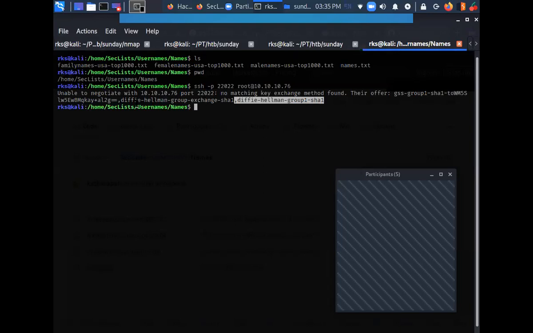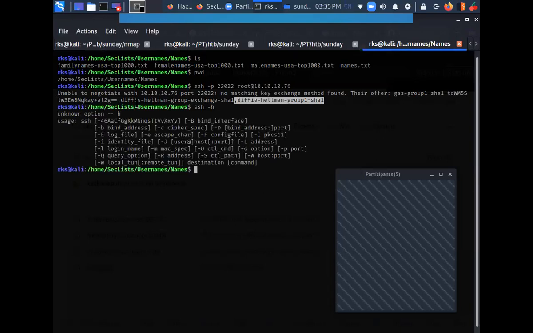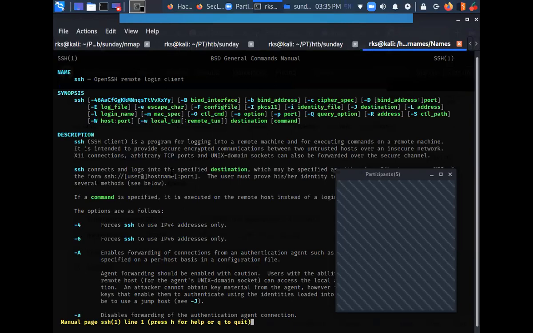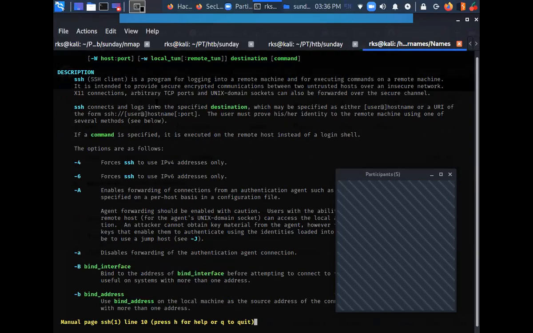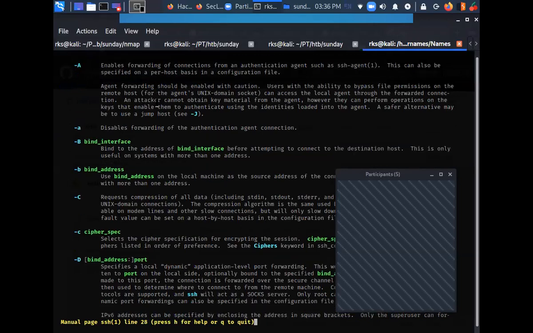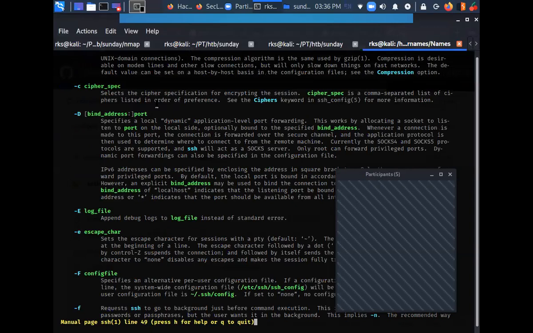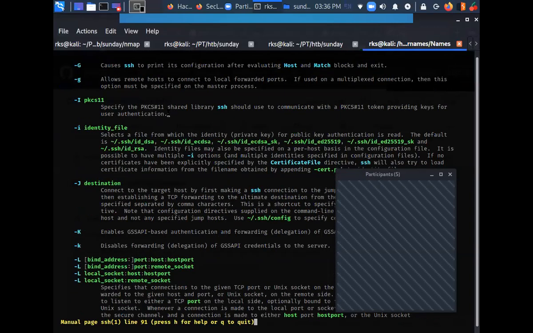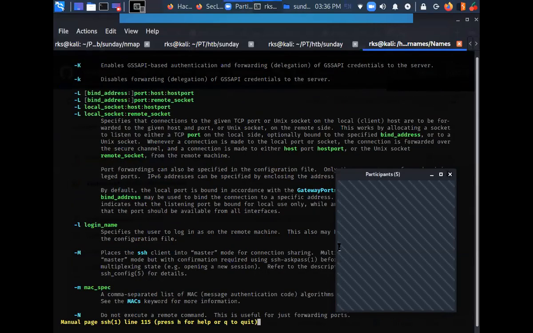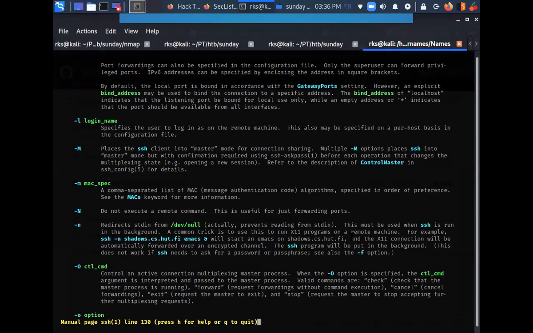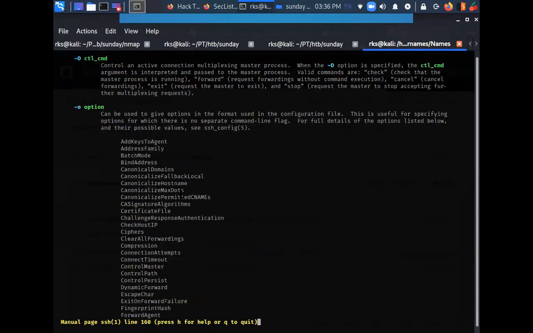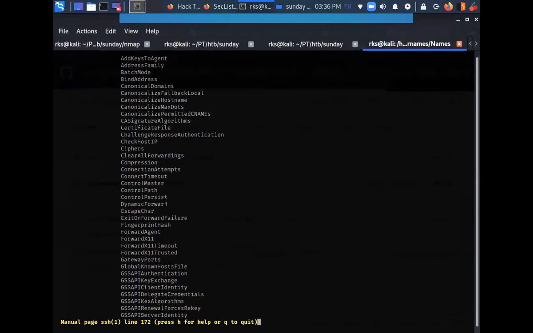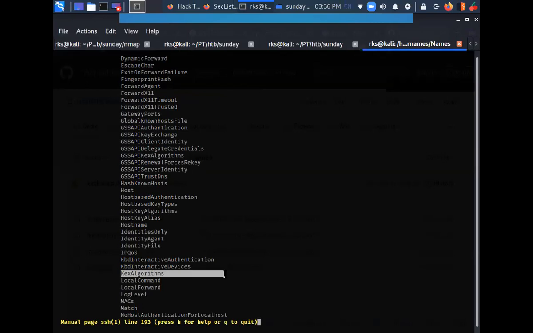Okay, so let's do ssh hyphen h. So man ssh. KexAlgorithms.